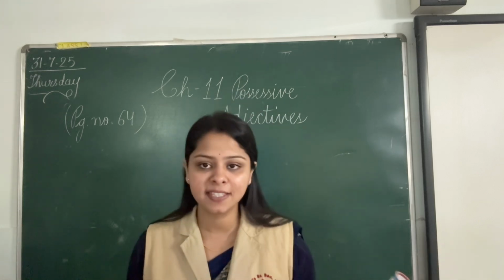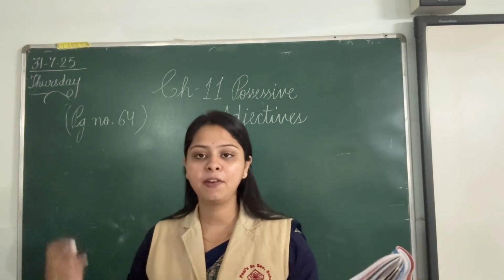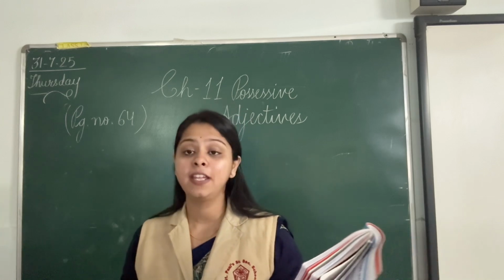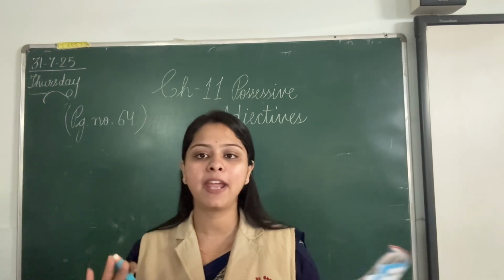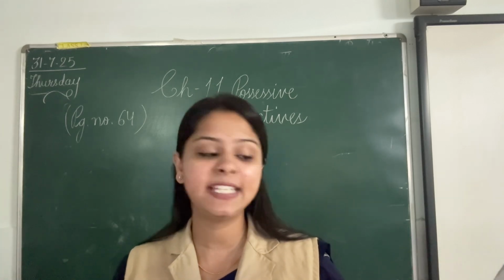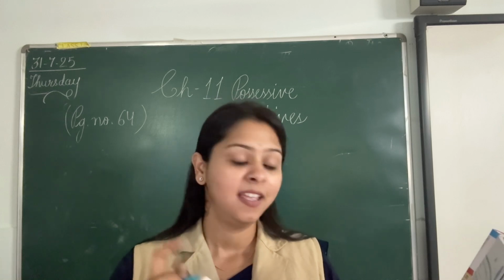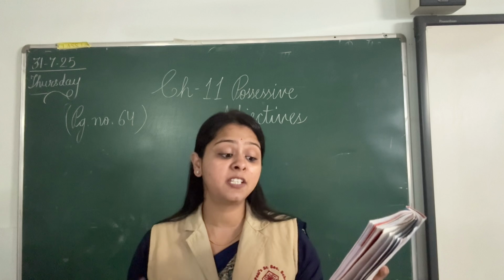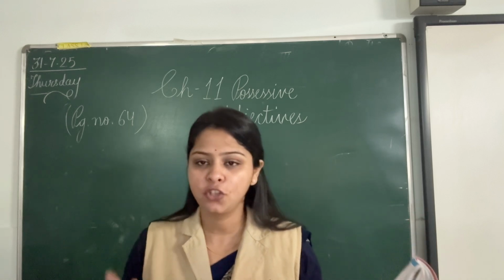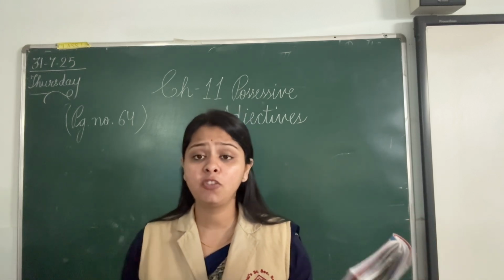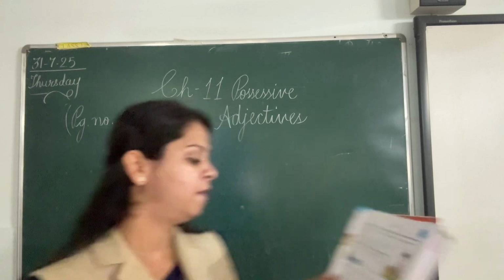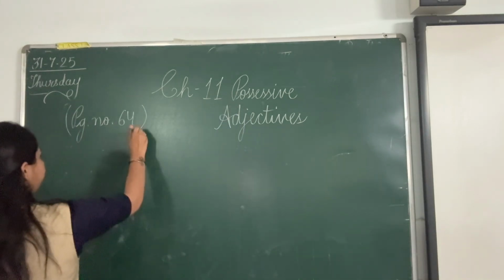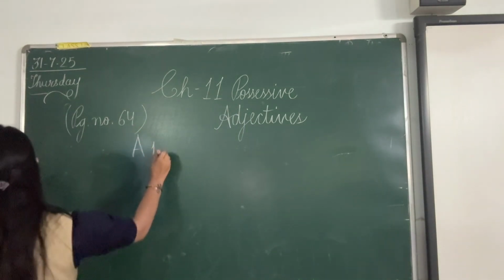Now we'll be doing an exercise on this. I'll be writing the answers. You can copy them down, and just remember you have to write clearly in very neat handwriting. So let's start. Exercise A. Fill in the blanks with correct possessive adjectives. Children, don't just copy it. Just try to do it by yourself also. First, we are doing the A part.